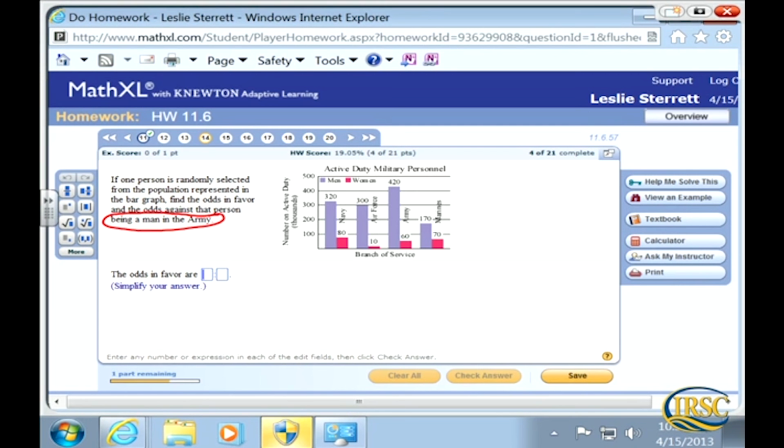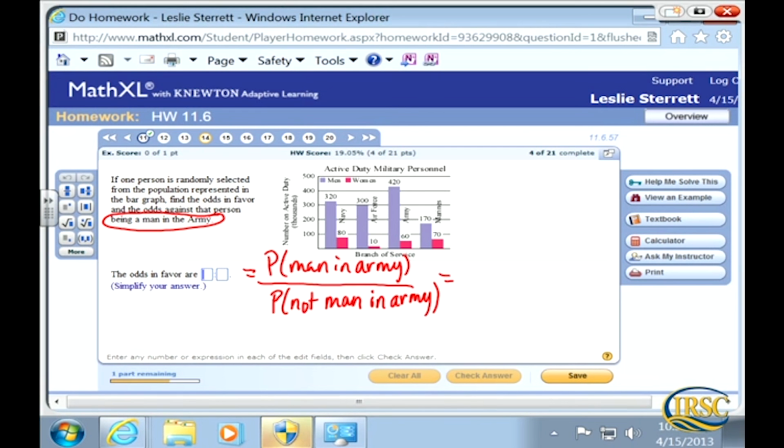Okay, so if you select somebody at random, you're finding the odds in favor first of selecting a person that's a man in the Army. All right, so looking at here, we're looking at odds in favor. So this means that we're looking for the probability that it's a man in the Army over the probability that it's not a man in the Army. Okay, so finding the probability of a man in the Army. What do we have to do? Yeah, you got to add what? All of it. Good, because you have to find out what the total population is here in order to find